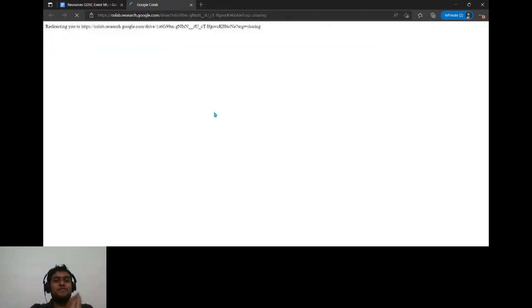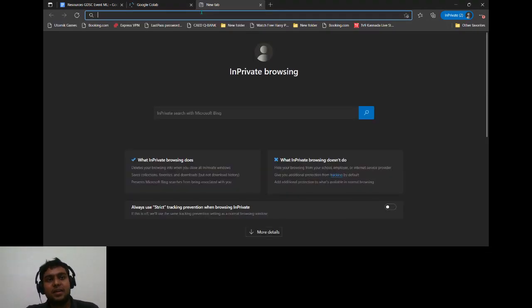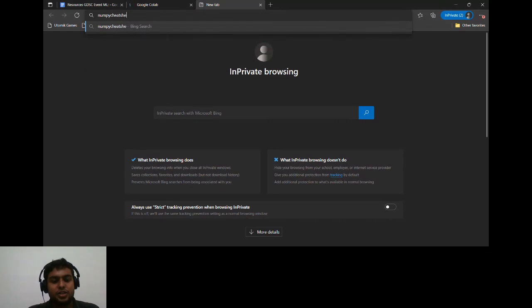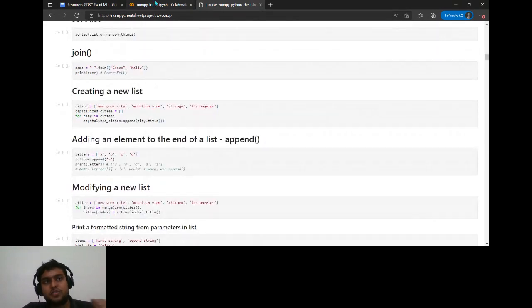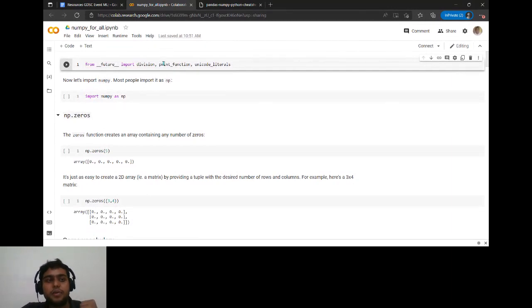So let's go for my first slide, which is based on NumPy. I have a NumPy cheat sheet project web app. This is one of the websites that you need to follow, because a lot of times, when I go for NumPy lectures, NumPy is actually changing. NumPy is actually evolving every single time. So NumPy is just going to change. So I'm calling out contributors here. If you are actively willing to contribute, come on, let's go and contribute right now.